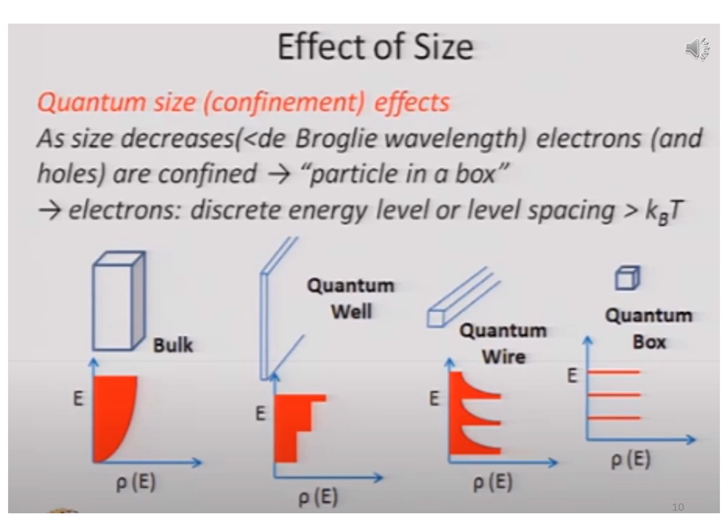In case of quantum wire, there is a variation in the density of states in this region. In the first step you can see there is variation in the density of states in the first region, then suddenly it jumps to another density of states, and then again there is a small variation. But in case of quantum well, it was a constant variation. It was constant. So this plot of density of states versus energy